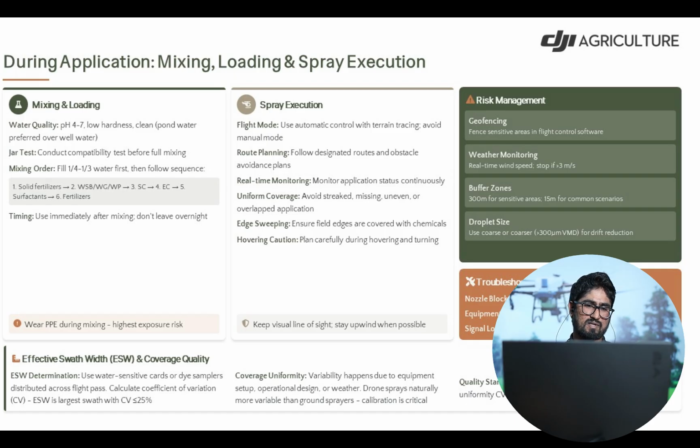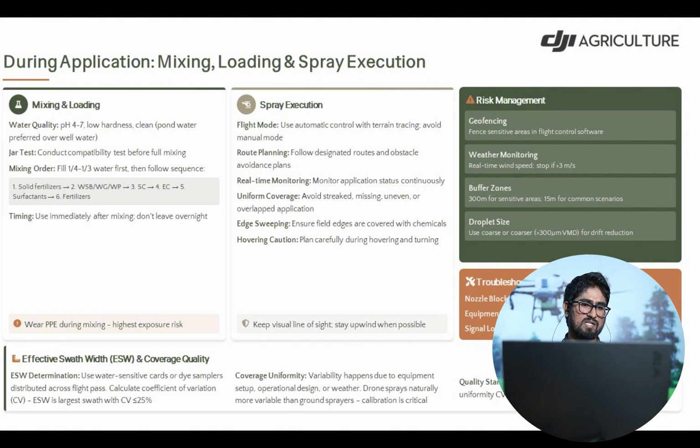So effective swath and coverage quality, these are quality parameters, how we calculate our quality parameters. So how we determine effective swath: we can use water sensitive cards or something called dye samples distributed across the flight paths. And we can calculate the coefficient of variation.